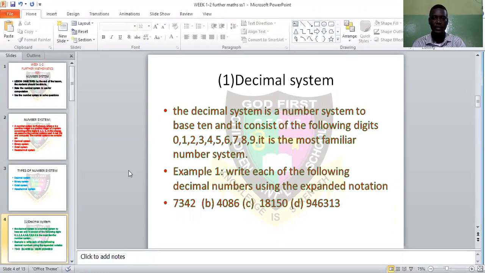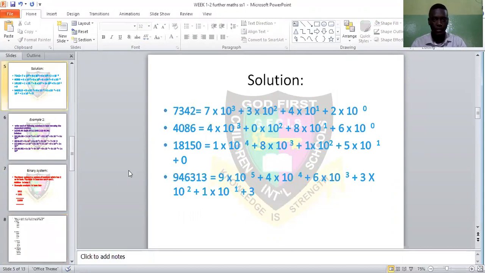Example 1. Write each of the following decimal numbers using the expanded notation. If you are going to write this number in the expanded notation, what they actually want you to do is what? You recall in your